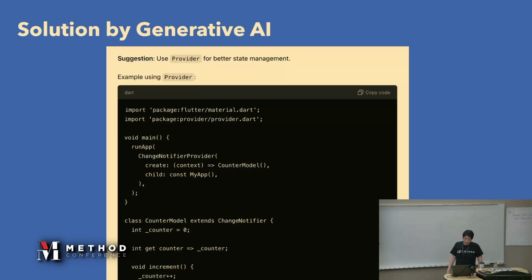Okay, it's a solution by generative AI. If you'd like to refactor or modernize our source code, this time please use Provider for better state management. It's just an example. Let's follow this advice.